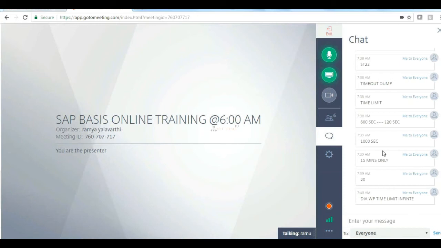All front-end executions will be done by my dialog work process, but it has been fetching the data for 10 minutes, and my time limit is only 10 minutes. If it is crossed, then a timeout dump will occur, right?